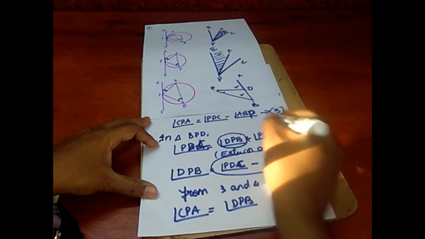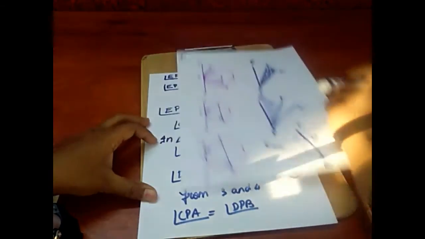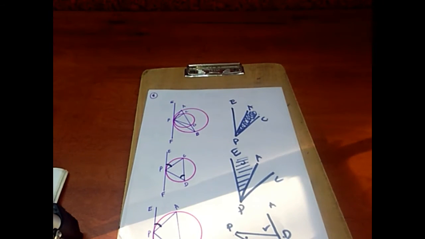Just observe these two results. So it is a very simple problem, but you need to observe and think very carefully. First we drew out the result that angles of alternate segment are equal. Later we subtracted the angles, and on the left hand side we got the result. To get it on the right hand side, we observed the triangle, and the exterior angle of a triangle is equal to the sum of the two interior opposite angles. Based on that concept, the result was drawn out. Later it is equated to the angle DPB. This is the solution for question number 8.